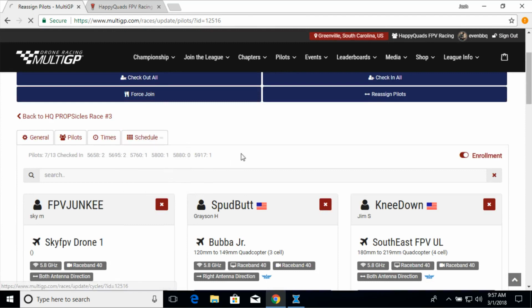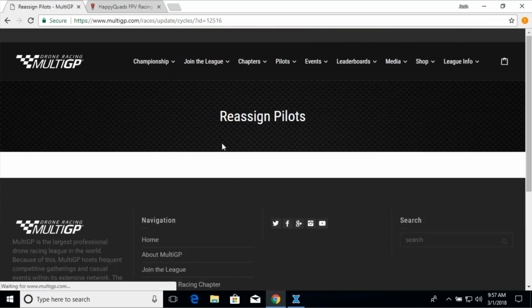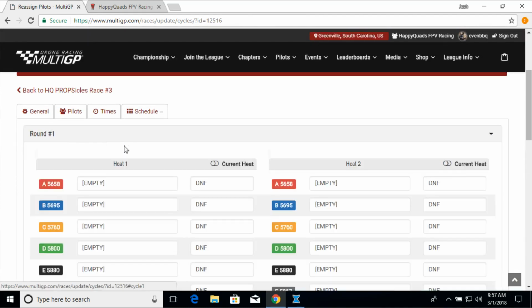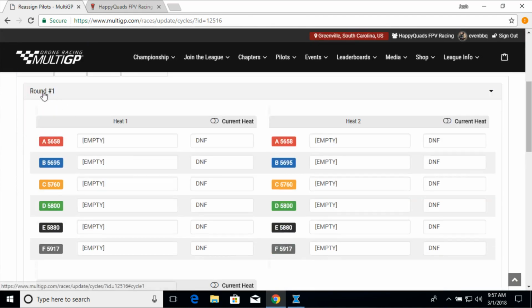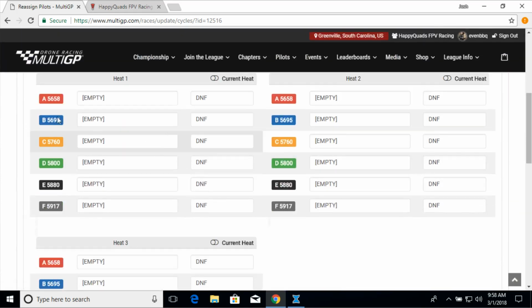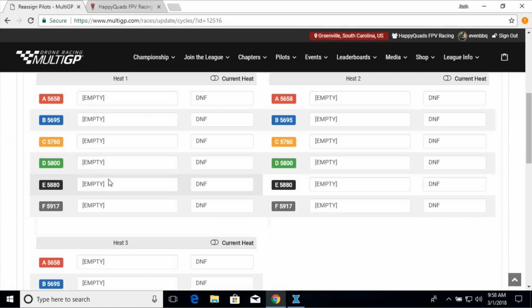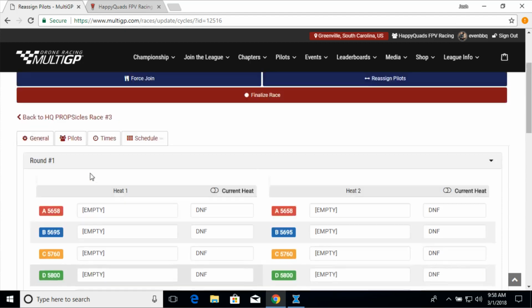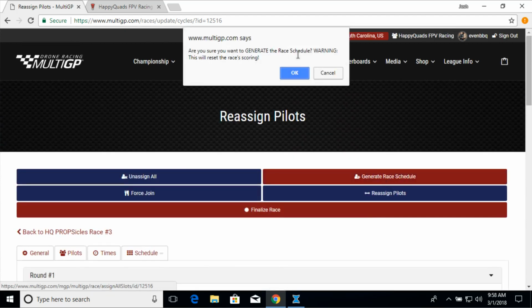Next thing you want to do is go to the schedule page. I always go to this view all screen just because it gives you a bird's eye overview. So I can see here I have 1 round created, and then I have 3 heats in that round. And so they're all empty right now. And you'll also see that there's 6 slots because I chose the profile with the 6 channels. However, it'll only assign people to heats or channels that you've put the check mark by on the first page. So what we're going to do is generate race schedule, press OK,